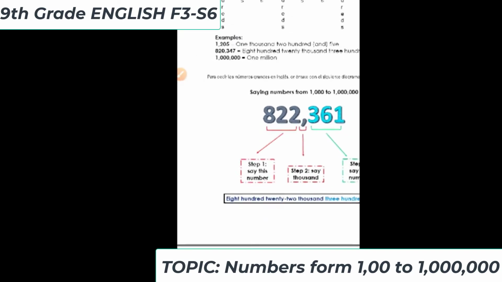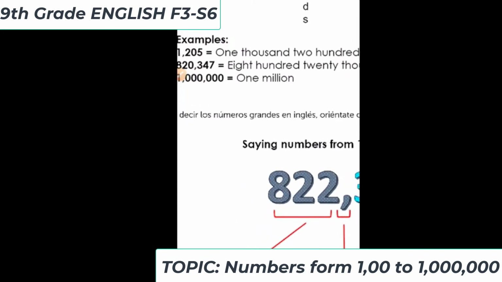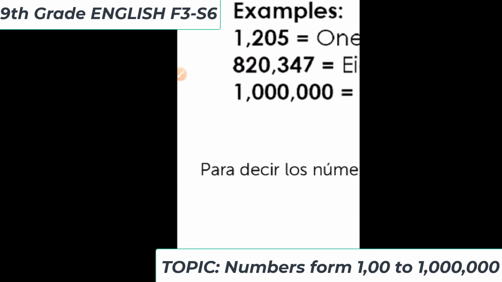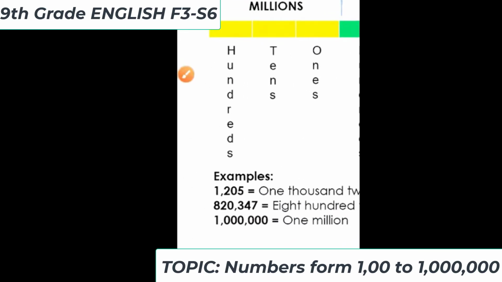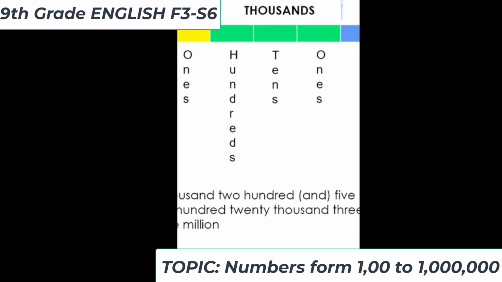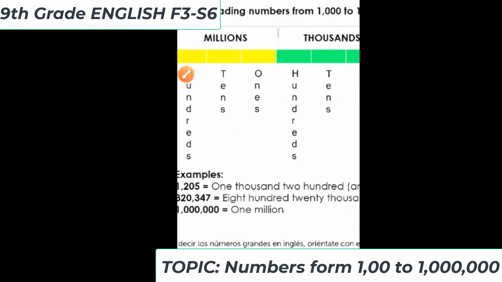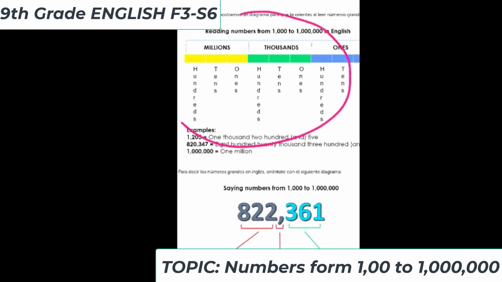Now, here we have some examples. Remember, this one, 820,347. Remember, you start with the hundreds, 820, 1,000, 347, okay? You start with the thousands, hundreds, tens, ones. Si lo encuentra muy difícil esta manera, porque esta es otra manera aparte de la que yo ya